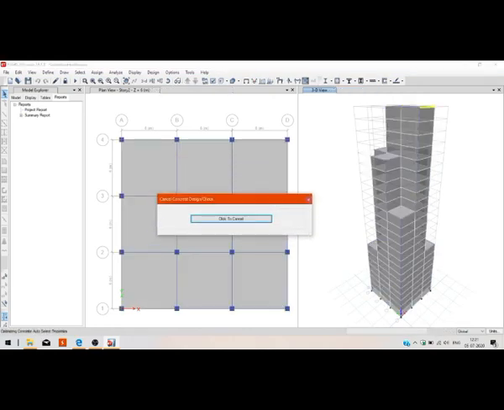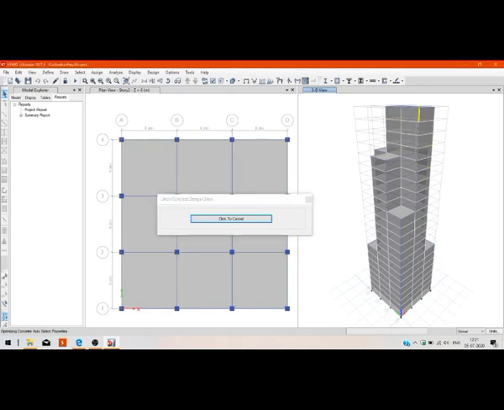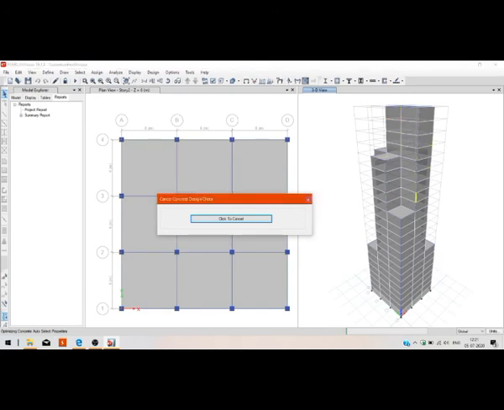You can see the deformed shape has been generated. The redesigning process has started.